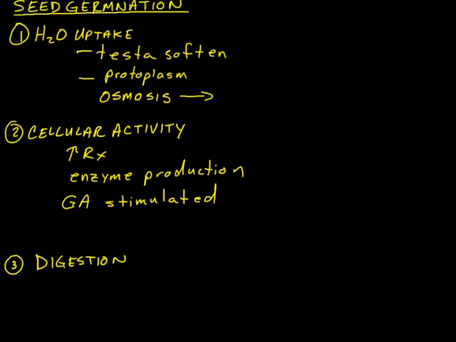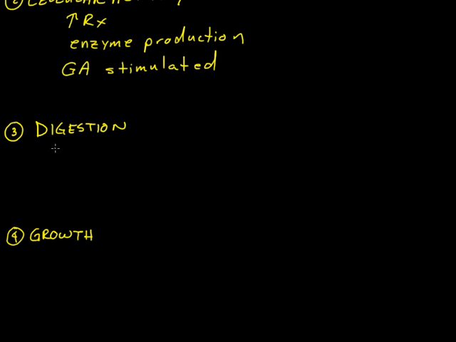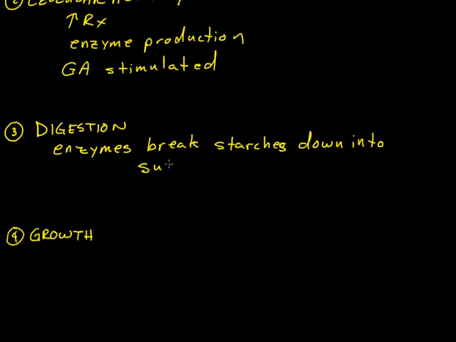Well, what does it need all these enzymes for? Well, it needs it for digestion. The enzymes are used to break carbohydrates down into a more usable form. Typically, we're talking about breaking down starches. So enzymes break starches down into sugars. Starches aren't particularly soluble in water, and by breaking these starches down into sugars, which are soluble in water,